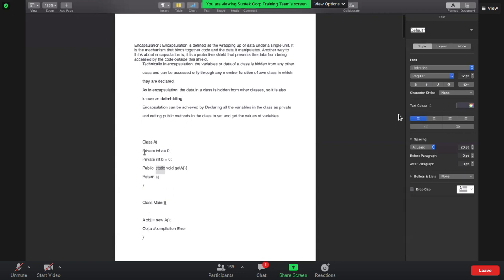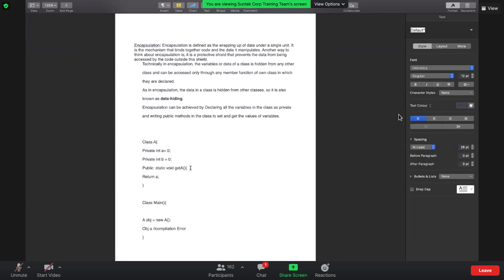Just to give it a shot, what exactly should we do? If we want to access this method outside the class, then definitely it should always be a public method. There is no chance that it can be private, because if I made it private, again I will get into the same trouble: how will I access this variable outside the class? So your answers are correct.